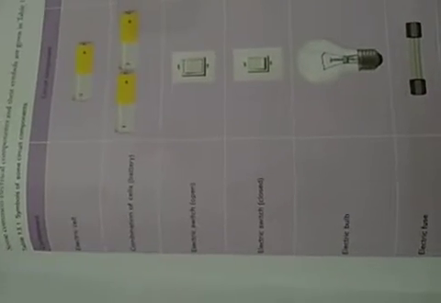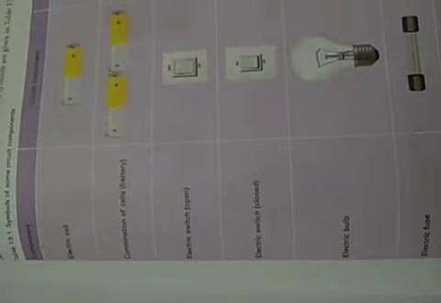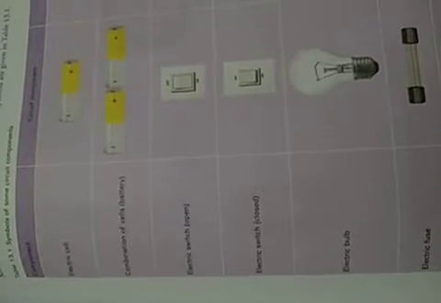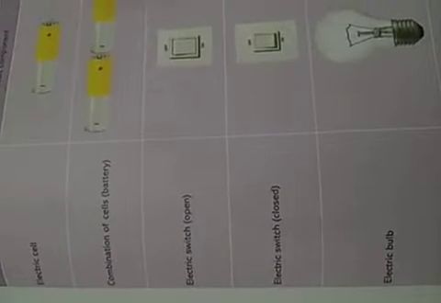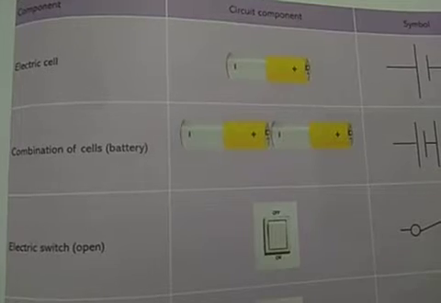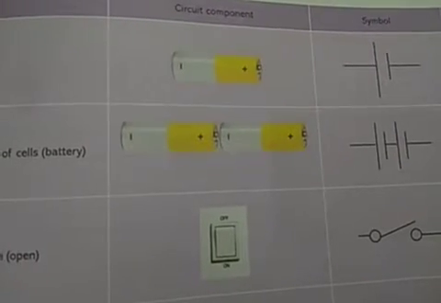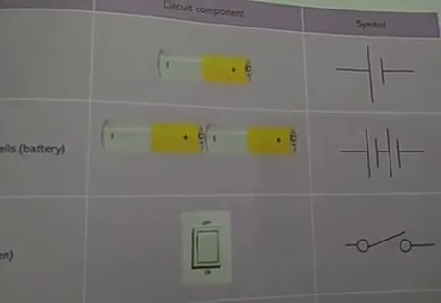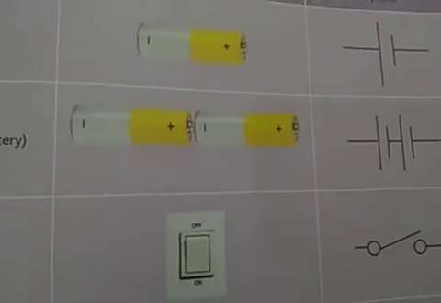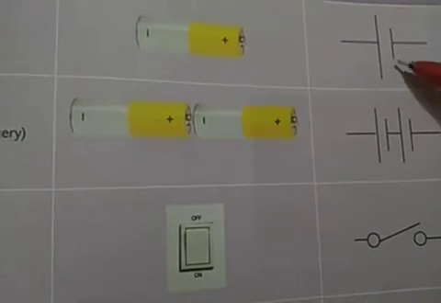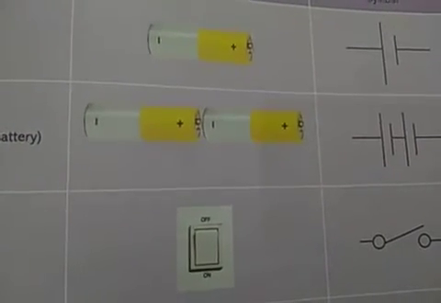Hello students, good morning. Today we are going to start with the symbols that are used in the electrical circuit to represent the various kinds of circuit components that we use in our domestic circuit. The most important and the first one is the electrical cell. If you use a single cell in your circuit, then you represent that cell via this symbol. One is the long line and the other one is the short one, and both these two lines are connected